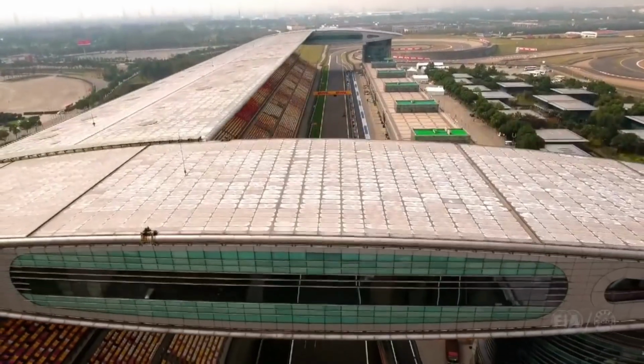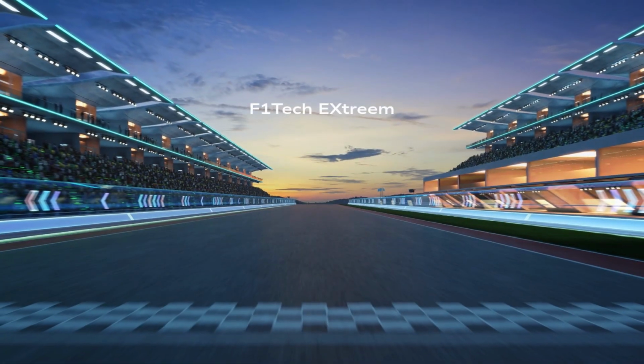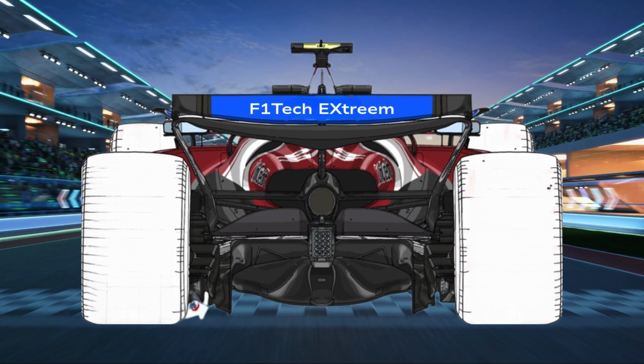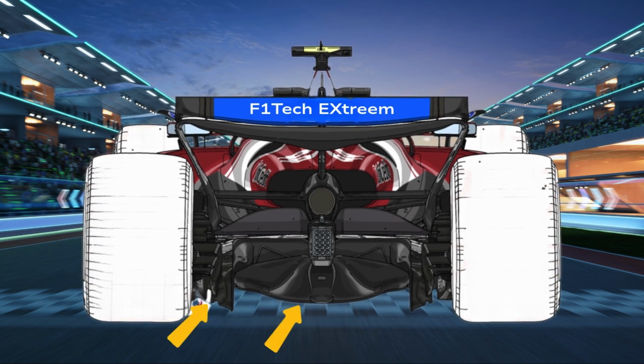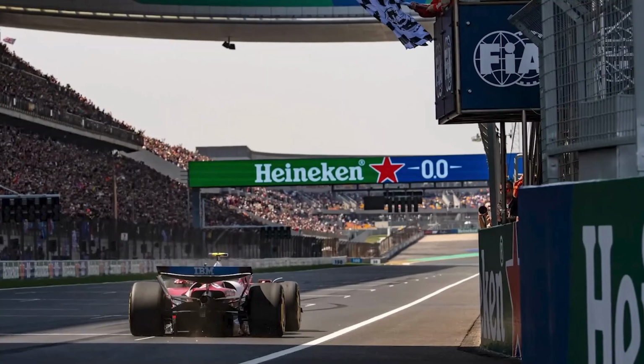Sure, there were still signs of weakness. Low and medium speed corners exposed a bit of vulnerability, something McLaren took full advantage of with their higher downforce setup. Even Leclerc warned about it before the weekend began, but when the lights went out for Saturday's sprint, Ferrari's gamble paid off. Low ride heights, light fuel loads, and free air, everything worked in their favour. Hamilton could push without torturing his tyres, and suddenly Ferrari looked unstoppable